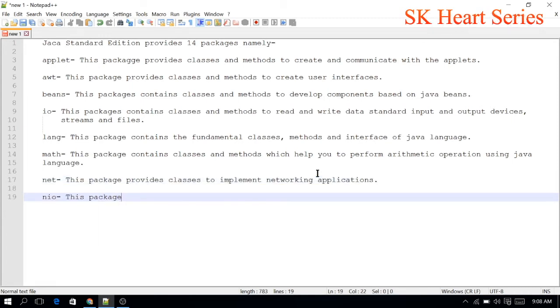Then next is NIO. The NIO package defines buffers, which are containers for data, and provides an overview of the other NIO packages.